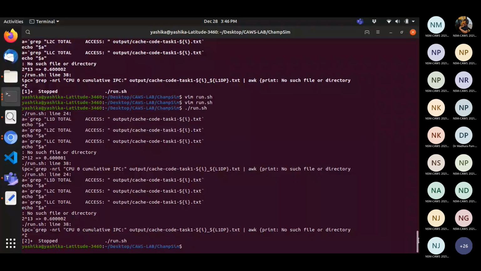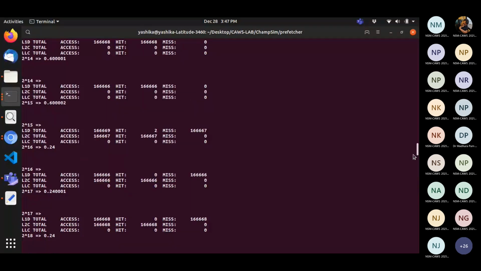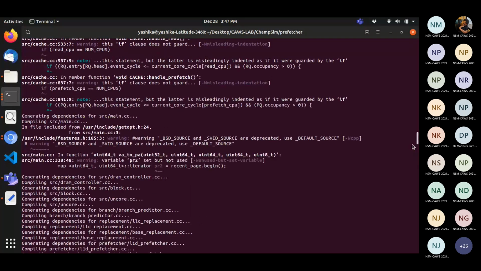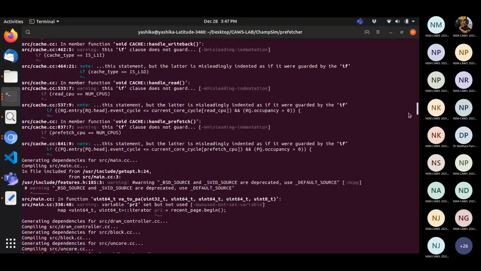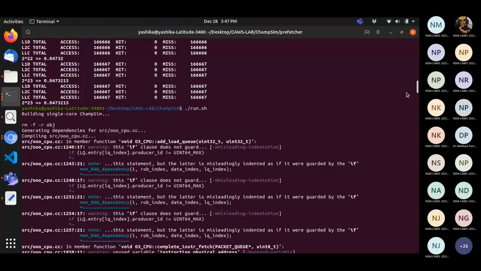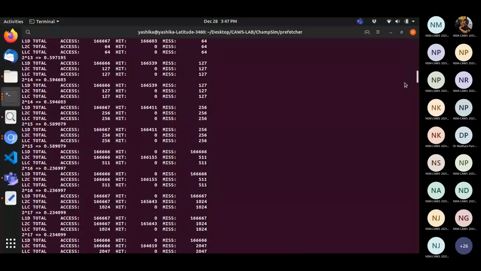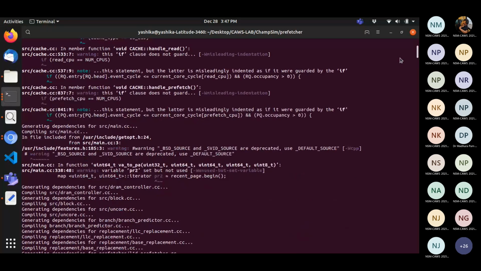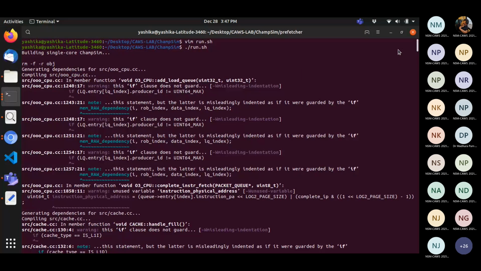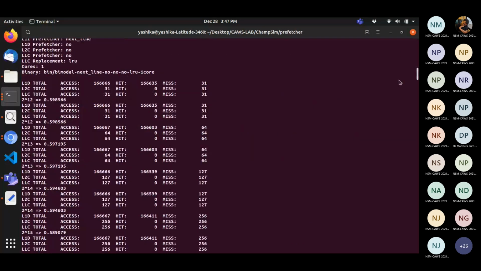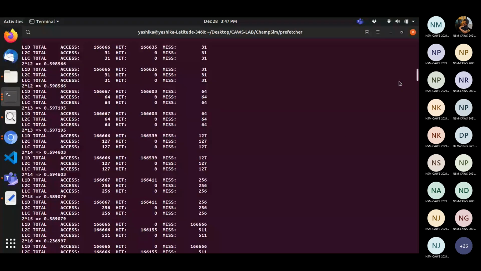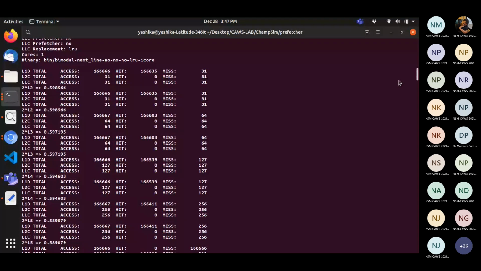If your L1 cache size is, let's say, 32 or 64 KB, and L2 is around 512 KB, then after that you will get misses. Once you cross the L3 cache size, let's say 2 MB or 4 MB, you will find that IPC is more or less the same because you are not getting hits anywhere in L1, L2, L3. No, I meant that when I'm doing things in parallel.